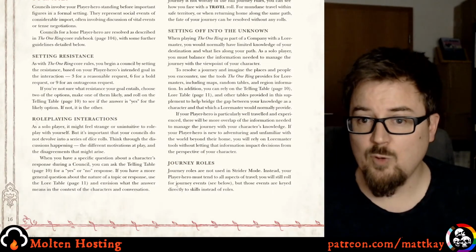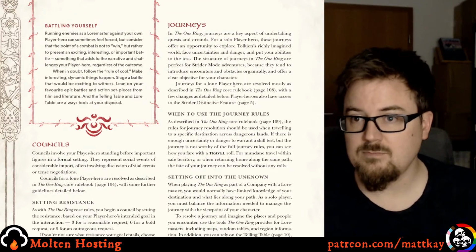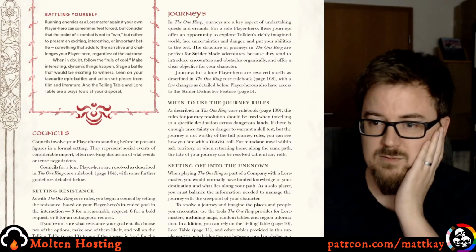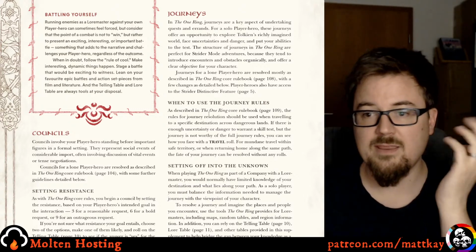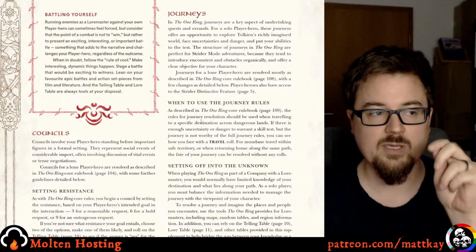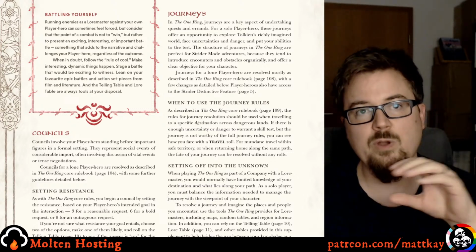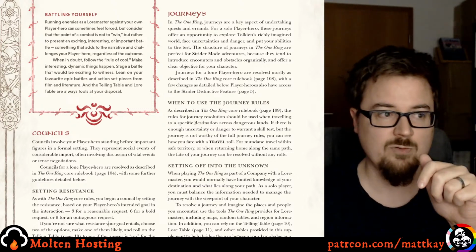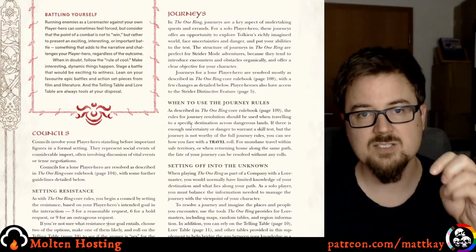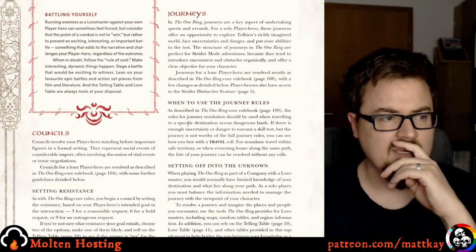Role-playing interactions, journeys. Okay, let's jump to journeys then. Journey rules. Basically, you're still doing it like it says in the core rulebook. You are looking at where you want to travel. You are making a travel roll to see how many hexes you're able to travel. On a failure, you're only moving 1 hex. On a success, you're moving... No, on a failure, you're moving...